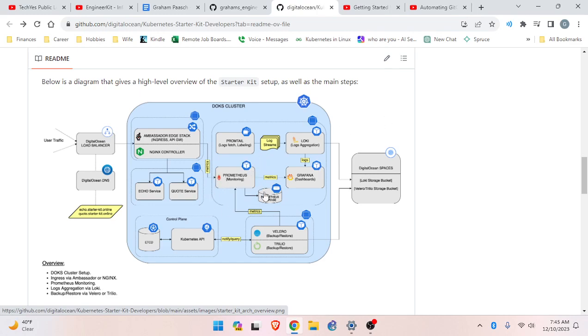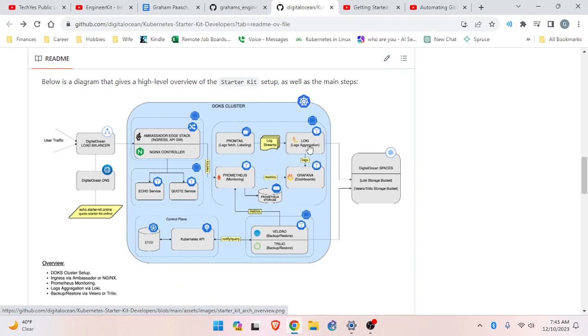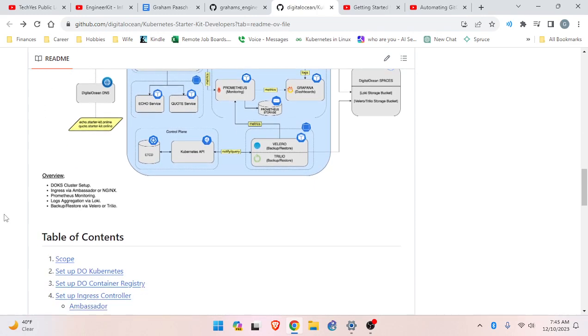But we can see it looks like it ingresses to Prometheus. Yep. So Prometheus monitoring is next. Then logs aggregation via Loki, which is up here, and then backup/restore via Velero or Trello, which is down here. So it's kind of a little bit disjointed, but that's the overview of the diagram.